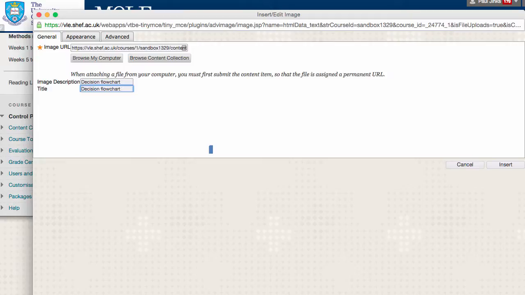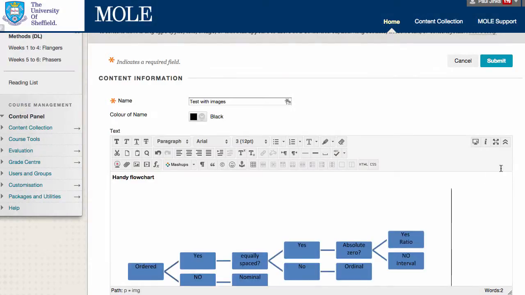Sometimes it's a good idea to use a long description where it's maybe a whole paragraph. If you think that people with screen readers really need that information and aren't going to get it any other way, then put what they call a long description in. So then click insert,